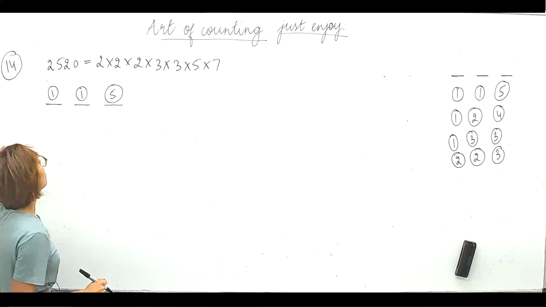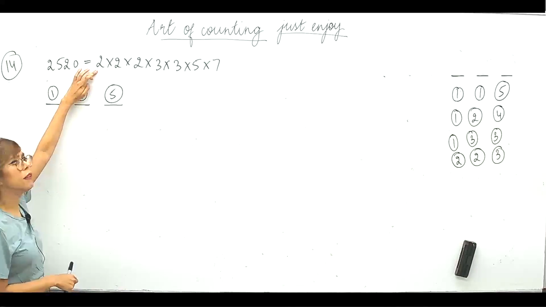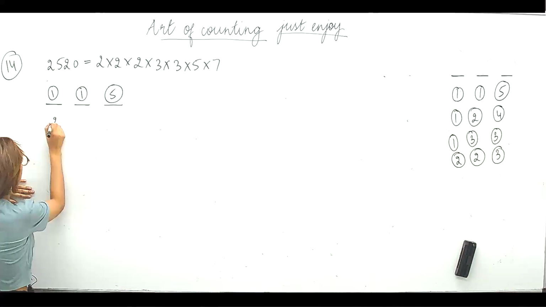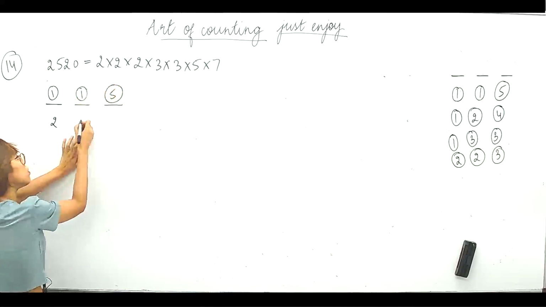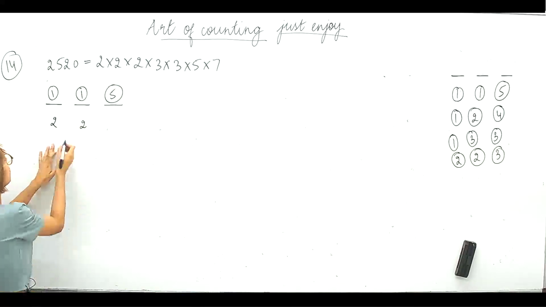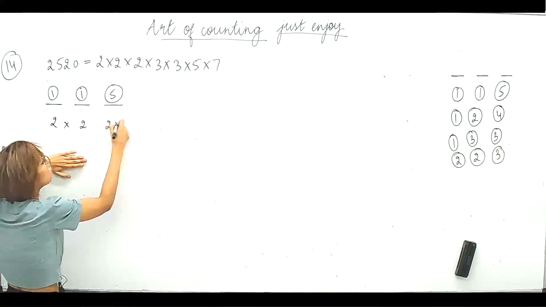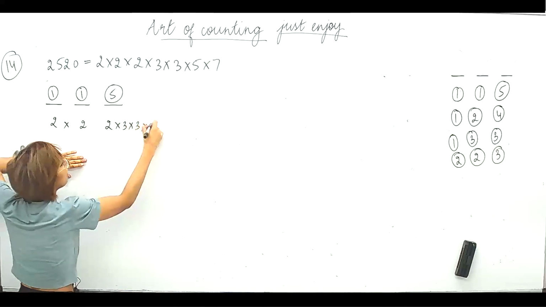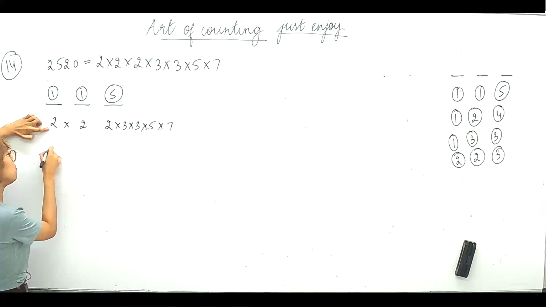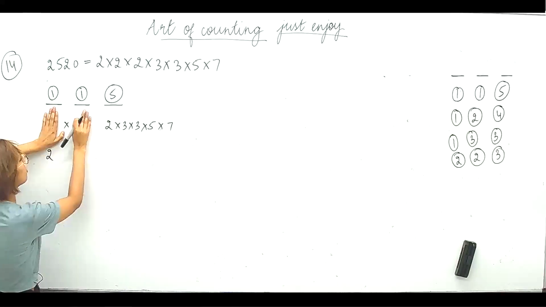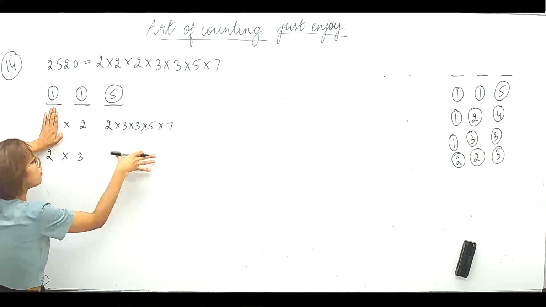So let's start now. So in the first place, I have to put just 1, right? So 2 से शुरू करते हैं. Let's start with 2. Suppose I have put in 2, and in the second place again I have to put just 1. So again I'll put 2, right? So 2 into 2. Now here I can put the rest of them. 2 into 3 into 3 into 5 into 7. Right? Now next 2 again. Let's fix this up. 2 again. यहाँ पे 2 की जगह let's place 3 now. So 2 into 3, and the rest of them here.